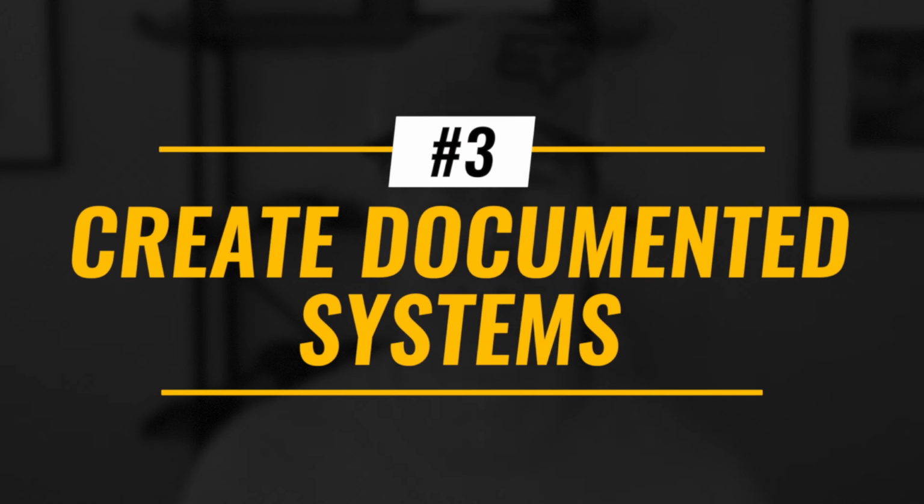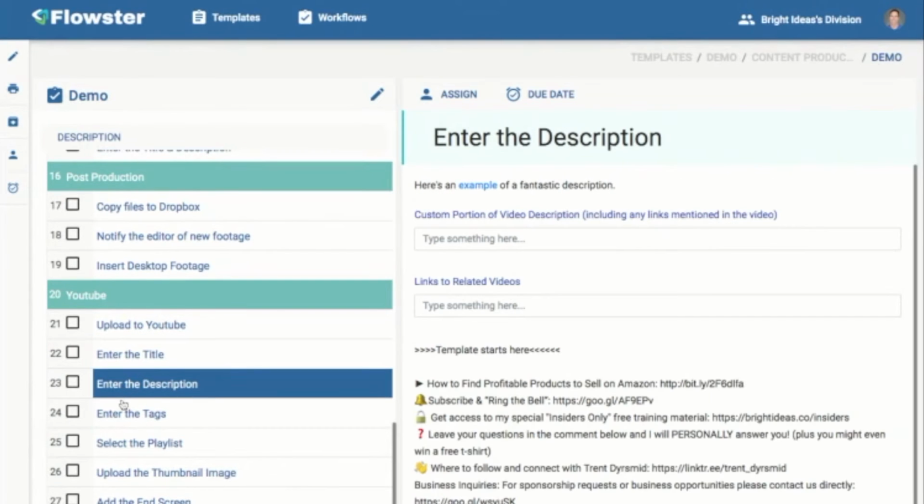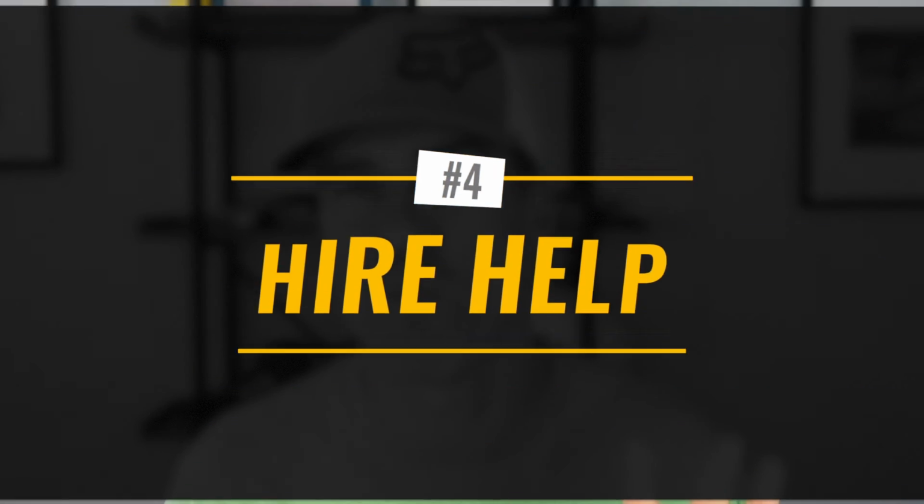Number 3, create documented systems for everything that you do. In the beginning, this can be as simple as simply opening up a Google Doc and using words and pictures to kind of create instructions for the thing that you're doing. Or if you like to have something a little bit fancier, you can go and use my Flowster software. That's where we keep all of our standard operating procedures, and there'll be a link to that down below. Regardless of how you do it, make sure that you document all of your processes,